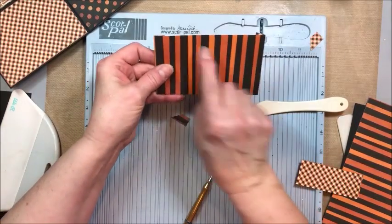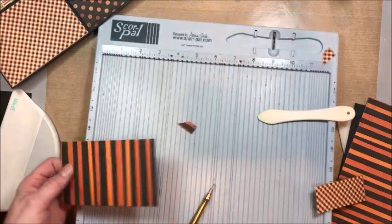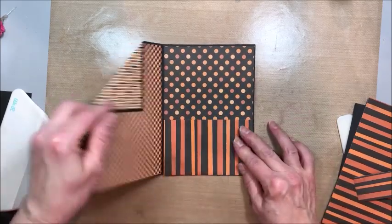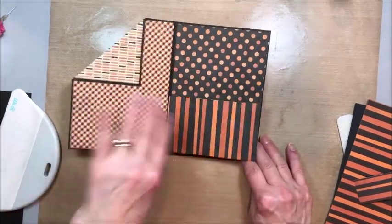Now I'm going to run this through my die cutting machine with either a circle die or an oval die to create a shaped pocket, but then this will just glue right in here. So we have pocket, pocket,